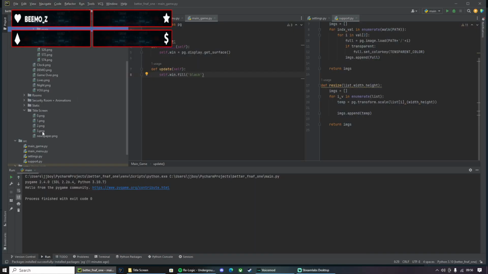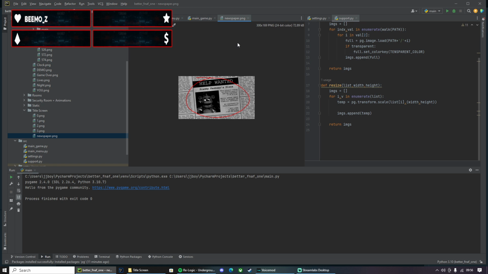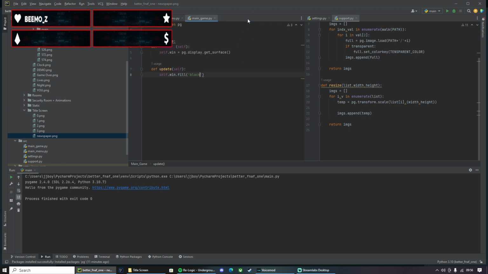Doesn't matter guys, I know where it is. It's here. Look, help wanted, but it's completely a different size. That is 300 bytes. Oh, that's going to be really blurry when I zoom it in. Who cares though?